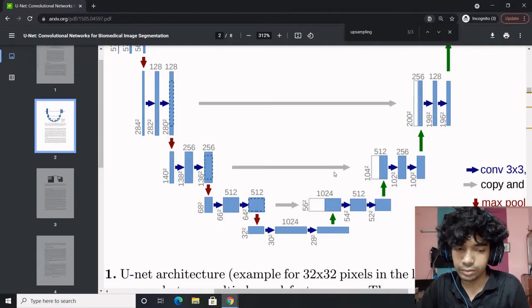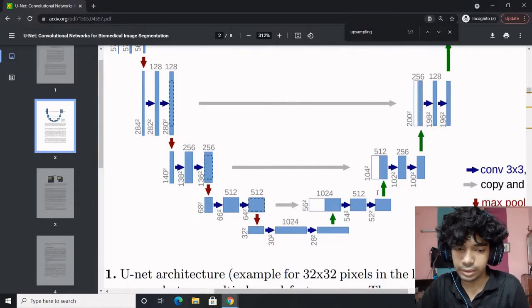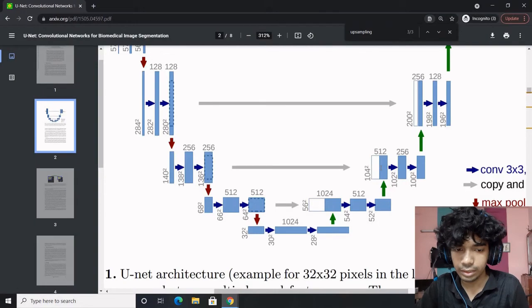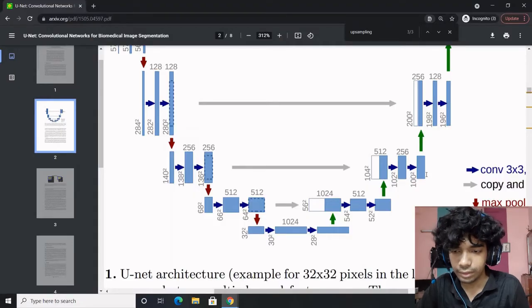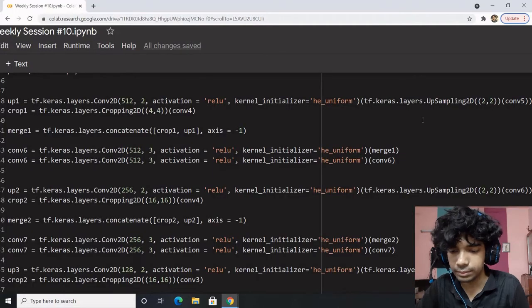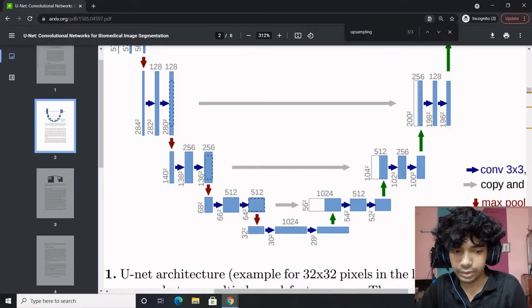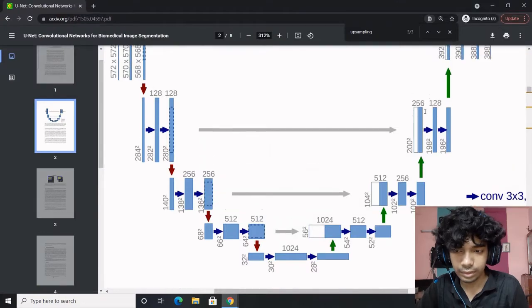Yeah. So where were we? First happened, now second happens, convolution 256. 256 cropping done, everything done, merge 2 done. Then we have this 256, now we are here, convolution 7. Now we are going to convolution 8, but before that happens, we have to do upsampling, wherein upsampling would be 128. Upsampling would happen on convolution 7, and the concatenation would happen on convolution 2.